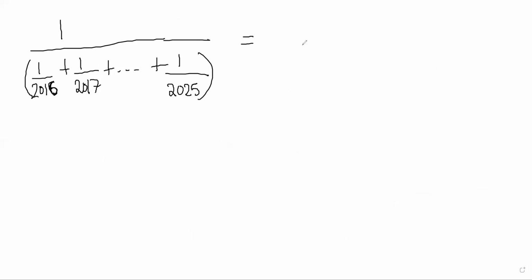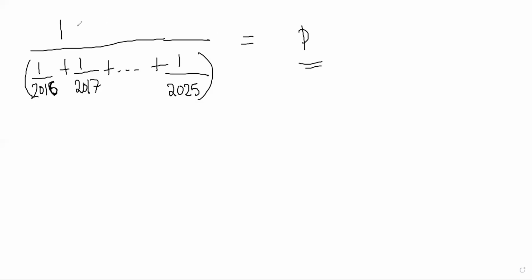1 divided by 2016 is greater than 1 by n. So that way 10 over 2016 will be greater than the sum. And using the same logic, 10 over 2025 will be less. So then he just divides them by 10 and it's somewhere in between. So then you approximate and it's 202. Okay, fine. But do you understand what I was doing?